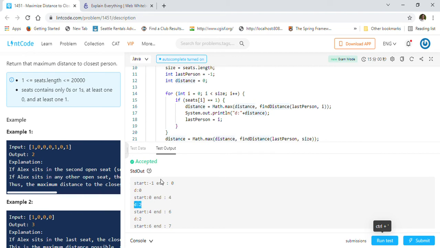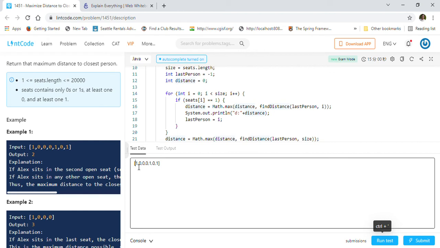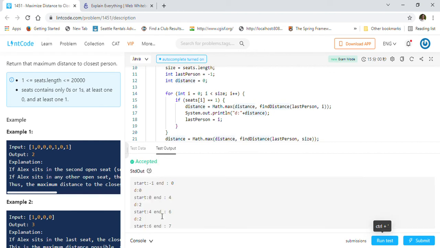So for example, in this array, index 0 is 1, right? Then the fourth index is 1, so that's where it will calculate the distance, and it will keep modifying if it is finding more distance, right? And at the end we will check the size of the array, as I explained.